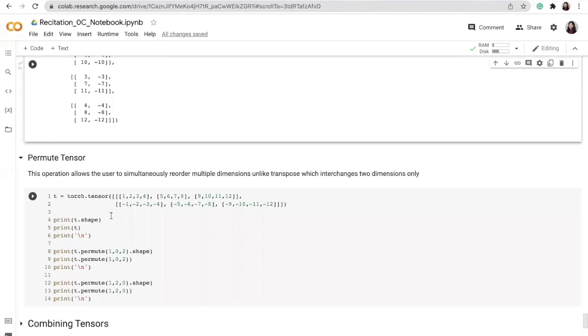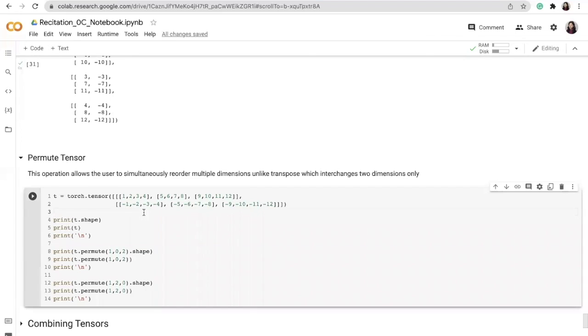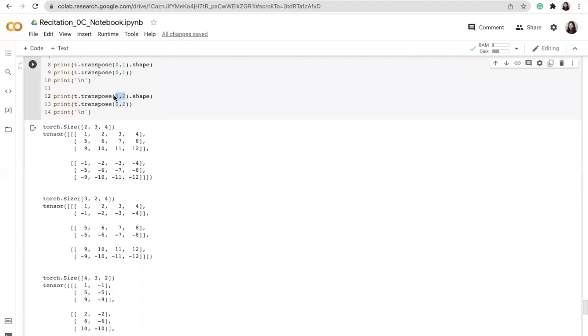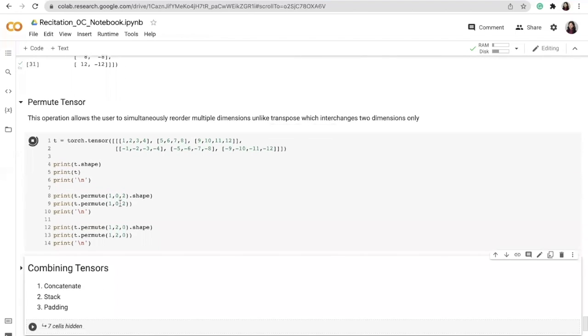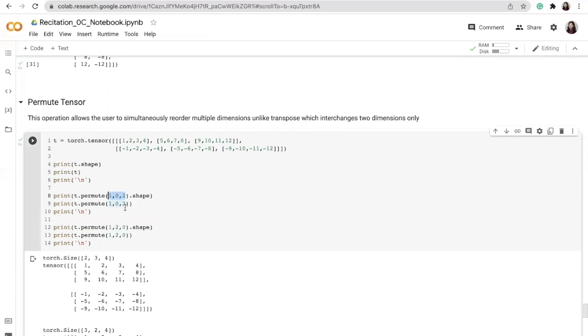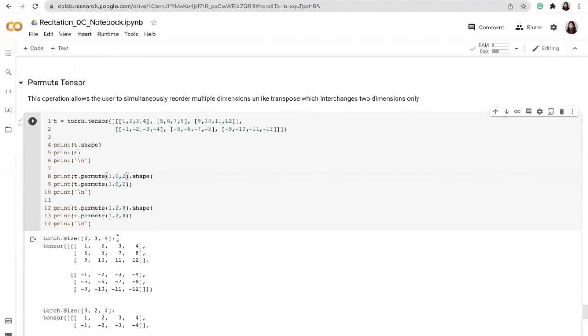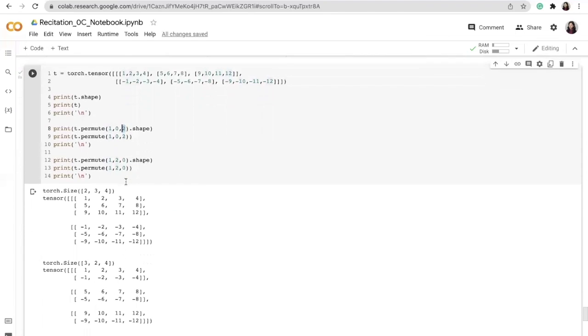Permute is similar to transpose. The only difference is that in transpose, we could only give two axes at a time that we want to swap out. But permute goes one step ahead and lets you give a range of axes that you want to swap with each other. So this is the original shape that we had, 2, 3, 4. And if I permute it saying 1, 0, 2, that means on my 0th index, now I want the first axis. On my first index, I want the 0th axis. And on my second index, I want to retain my second dimension. So only 1 and 0 will be swapped out. So the shape will become 3, 2, 4.